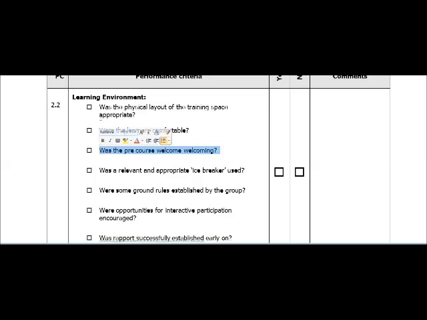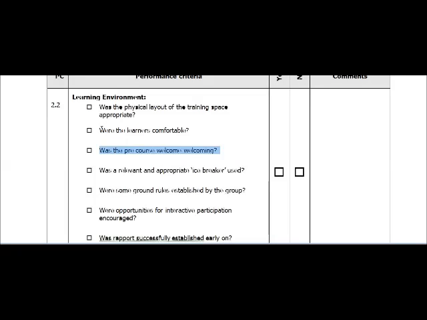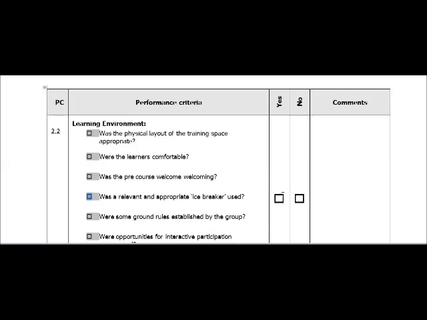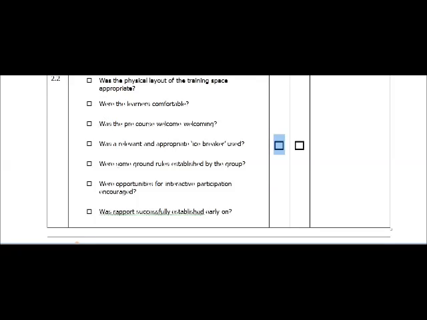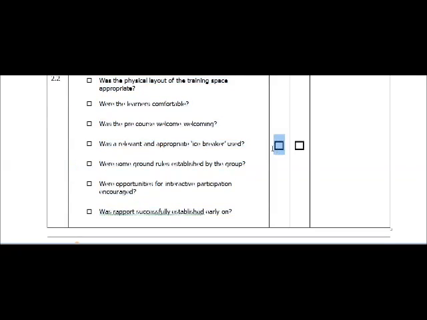So your observer needs to go down and observe these things. Now, if your observer observes that you do each of these, then they have to tick the box. Okay, those boxes there. If all of those boxes are ticked, then they can tick the yes box over here. Now all of these boxes have to be ticked in order for your observer to tick the yes box